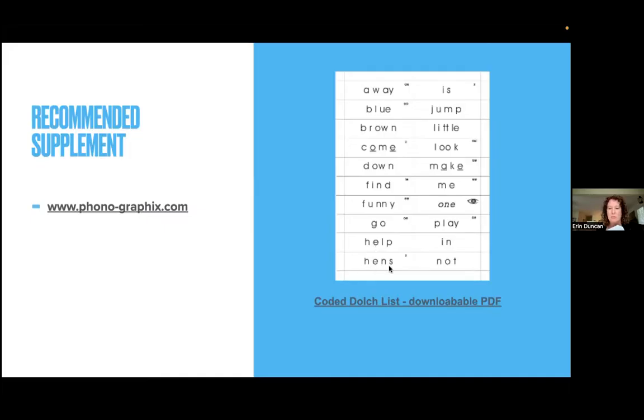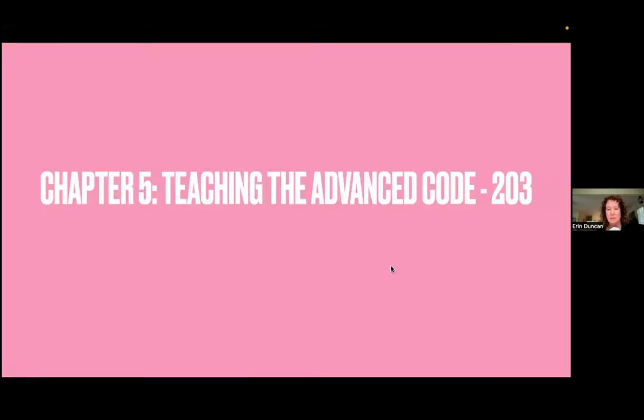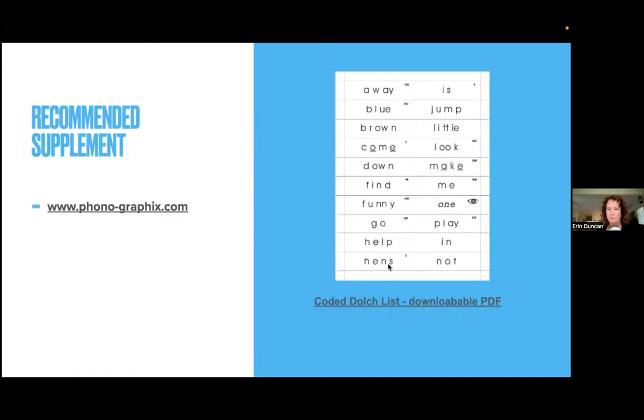Let's say they're trying to read the word hens and they're saying s, right? Getting hence. We could tell them all kinds of things, but if they're going to read it correctly, they need to say z there, don't they? Oops, sorry. So we will tell them, say z here, and they'll get the word hens. I'm hoping that makes a little sense, and if not, we can practice together more.